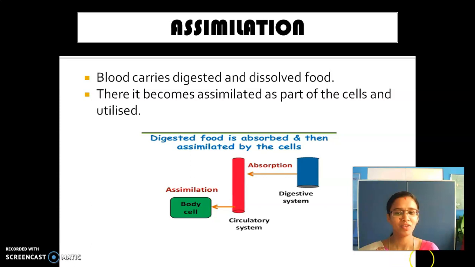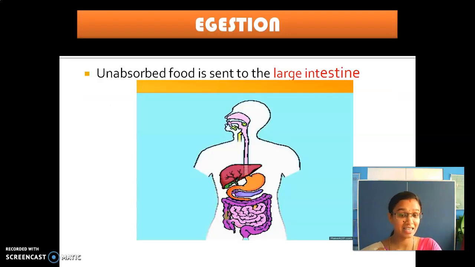Yes, see here, first the absorption process takes place. So what is that? The blood circulatory system is there, right? So the blood transfers the digested food into all parts of the body where the cells absorb that. Okay, see here, the cells absorb that. So the assimilation process is also over. And then the next and last process, what is that? Egestion. Where does this egestion take place? In the large intestine and then the rectum and anus. So these 3 parts are involved in the egestion process.